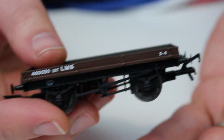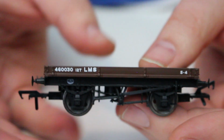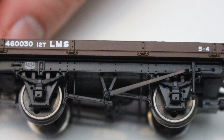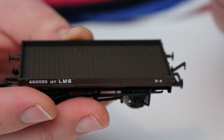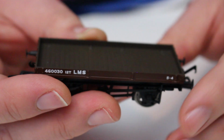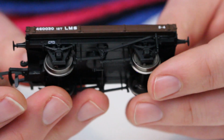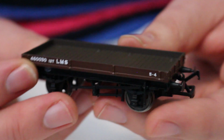They do the conflat wagon in a livery to suit the Great Western Railway, but in terms of the one-plank wagon, this is very much the domain of the London Midland and Scottish Railway, so it will also be suitable for container traffic, things like that. And certainly Bachmann do sell the assortment of containers separately, some of which are presented in LMS livery, so this wagon is going to get paired up with an LMS insulated container and will make a great addition to my